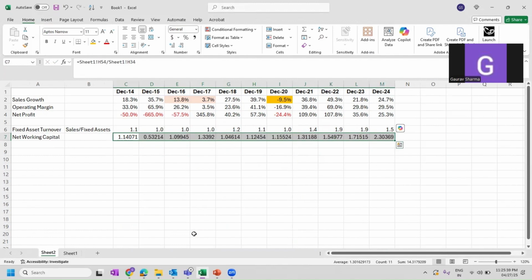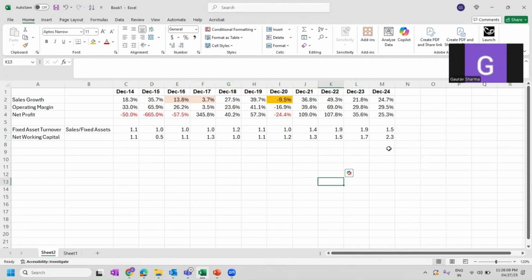Now, ideally, an ideal net working capital ratio is 2. So your current assets should be twice your current liabilities. Obviously, it differs across industries and across companies, but as a general rule, it should be around 2. So even if I assess this company by that thumb rule, it kind of does not pass, but